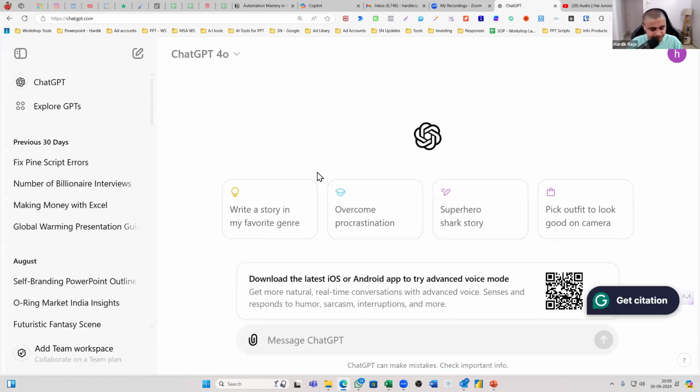Let me paste the prompt here. The prompt is here. So I've written in the first line, as per our prompt engineering knowledge, if you guys have gone through the course of prompt